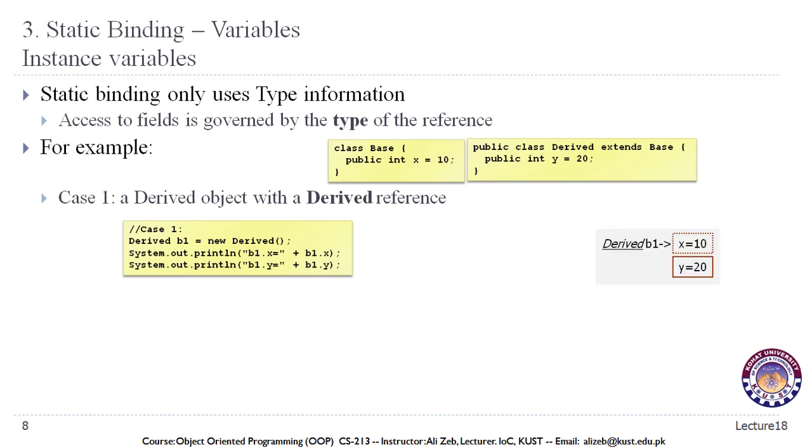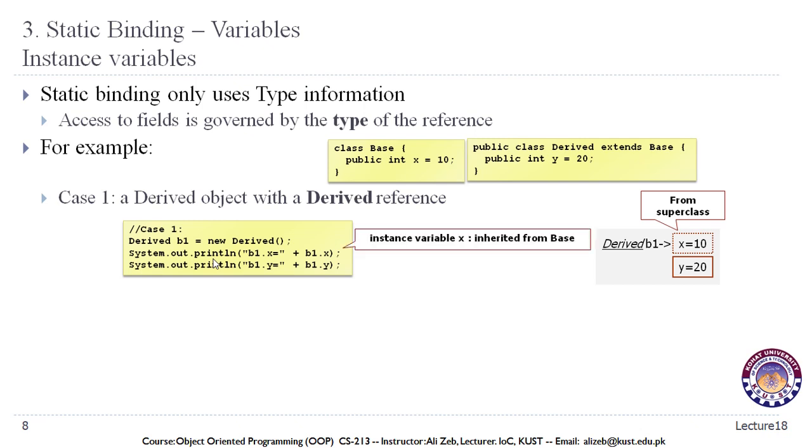If we try to print b1.x, it should print the value of the x variable from the superclass, and b1.y should print the value of the instance variable y that has been declared in